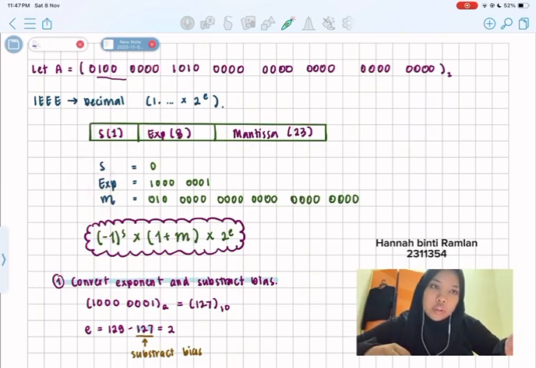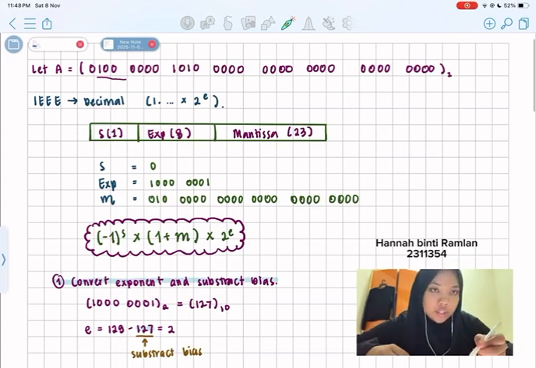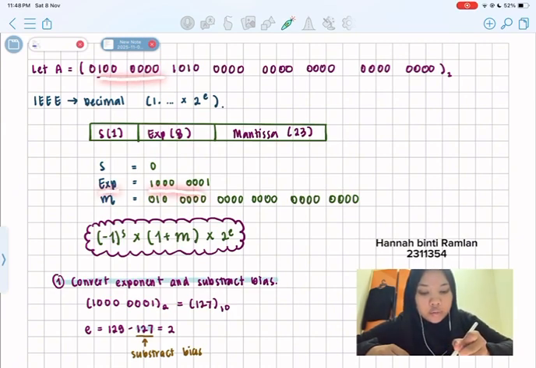So I believe that if you have already watched the first part of the video, which is to convert from decimal to IEEE, you should know that the S is the first bit and it represents the sign of the decimal. So let's say here in this example we have the 0, so the sign bit is the 0. Okay, and the next one is the exponential, and it is the 8 bits after the sign bit. So in this case we have the 10000001,